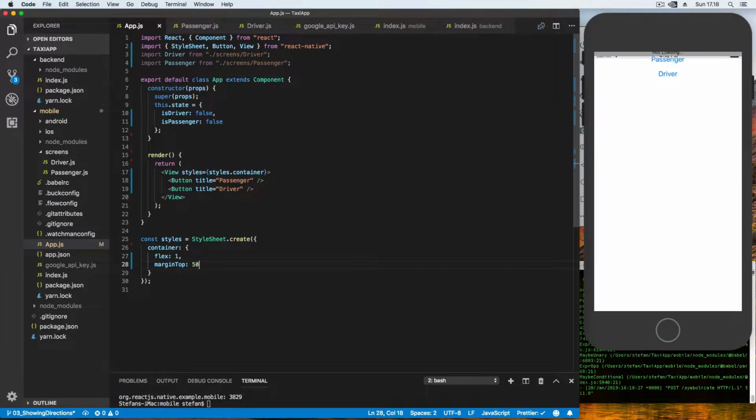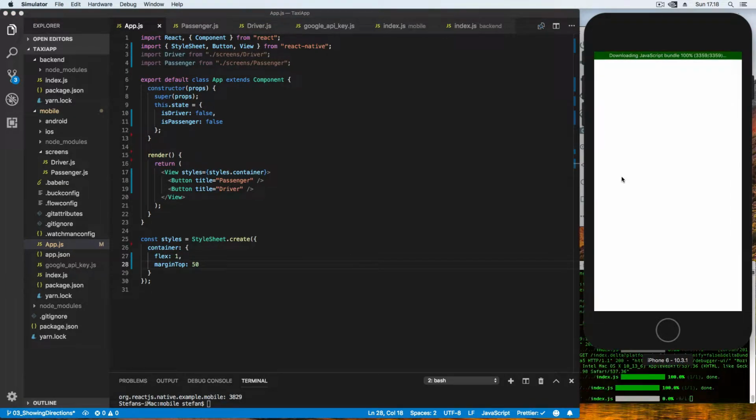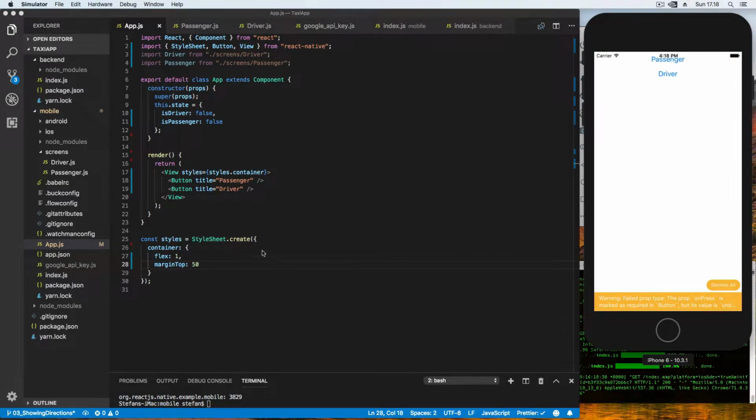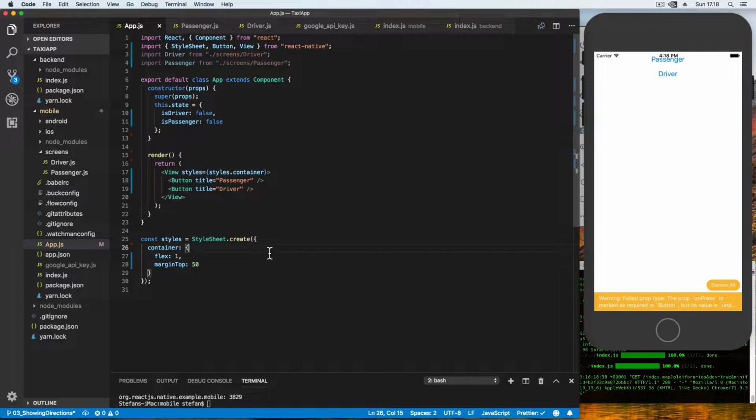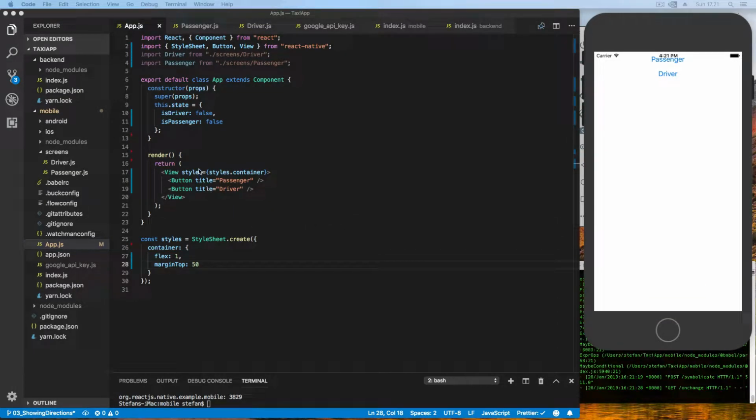So it's still not going. Let's see why it's not taking it. The mistake I was doing was that I had an S at the style here. So remove the S, so it's style, and then it should be working. Yeah. So now there's a little margin on top, and we need to have something that happens when you press